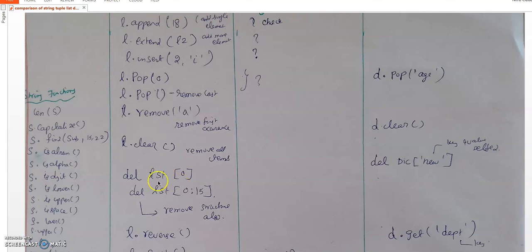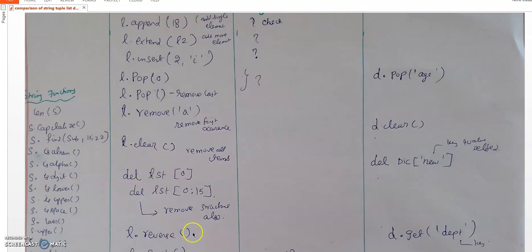Okay, the slicing method can also be used to delete. The keyword is del, and you have to specify the list name. Then it's a slicing method. The slicing method we have already seen. We can modify the value using the slicing method, and we can delete the elements using the slicing method, or we can modify the value by passing the index position. Here the value present at this index position will get deleted.